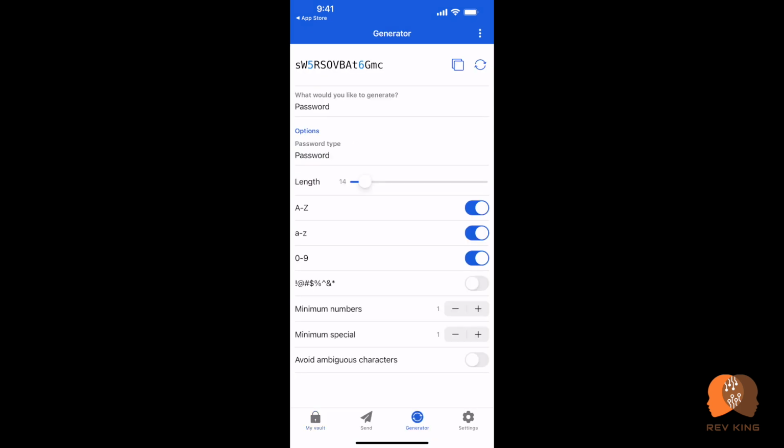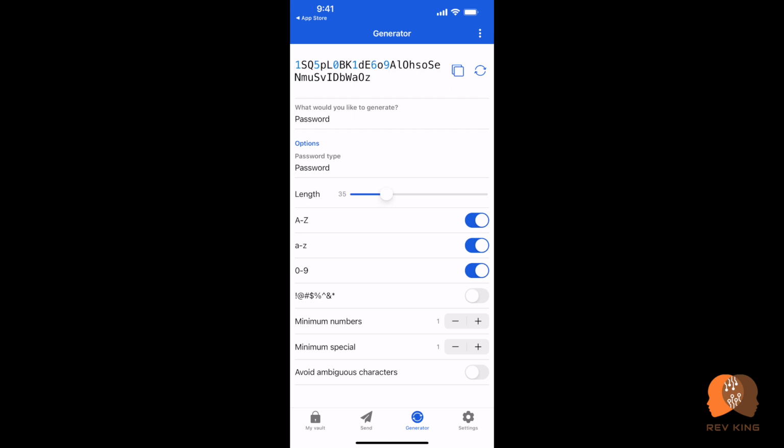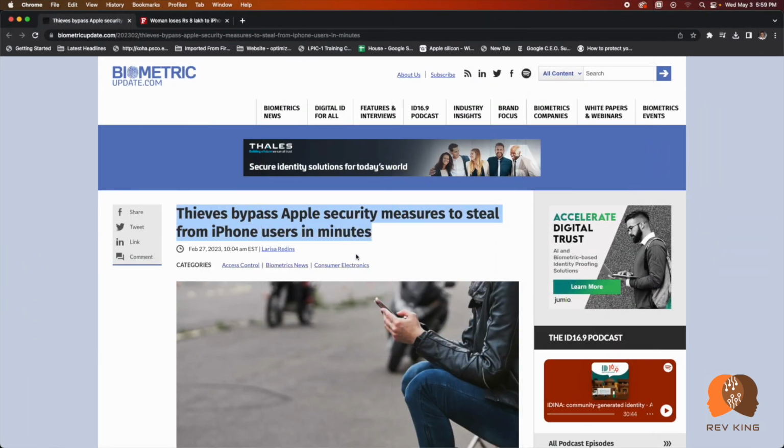And one of my favorite features in this app is its password generator, which you can use to generate a password of different lengths and complexity. In conclusion,